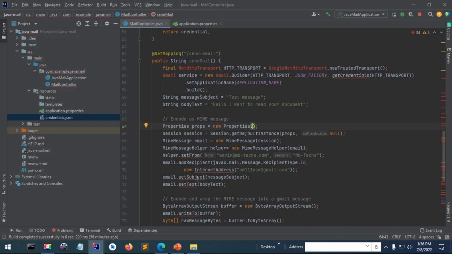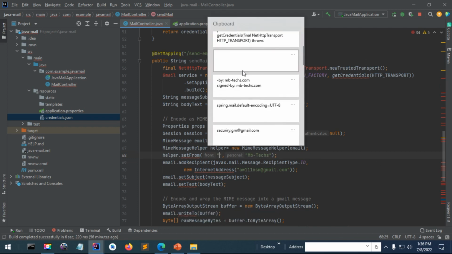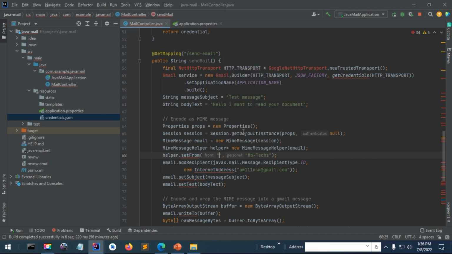You have also to put, for instance, I want to send email from this account because I'm going to authorize an account that is going to send email. I have to put an email address which will be required to authorize to send the email, and I'm going to send emails to